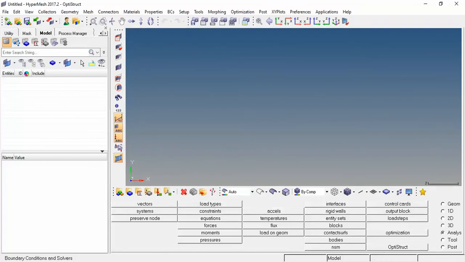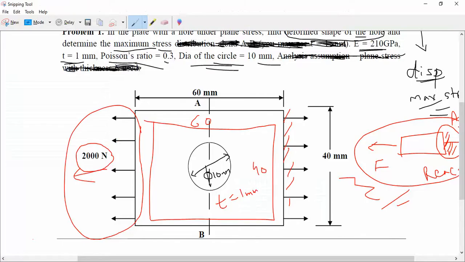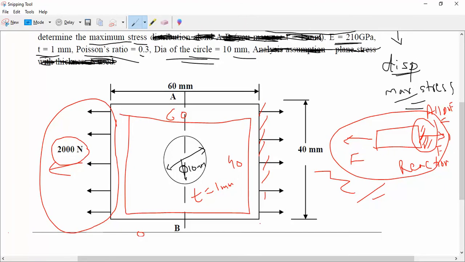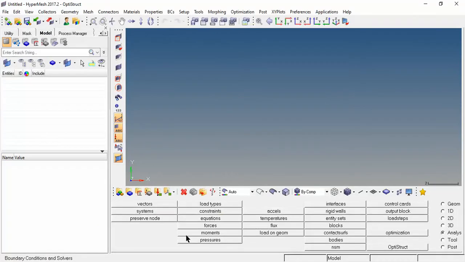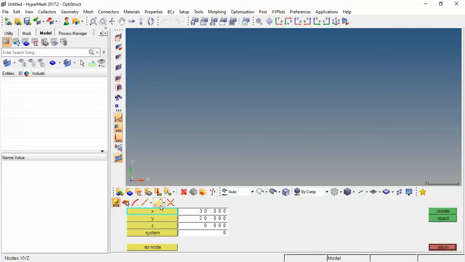So now firstly we have to go with the nodes. First I will assume this one as 0, and this one is 60 comma 0, and this one is 60 comma 40, and this one is 0 comma 40. So now go to geometry, go to nodes.